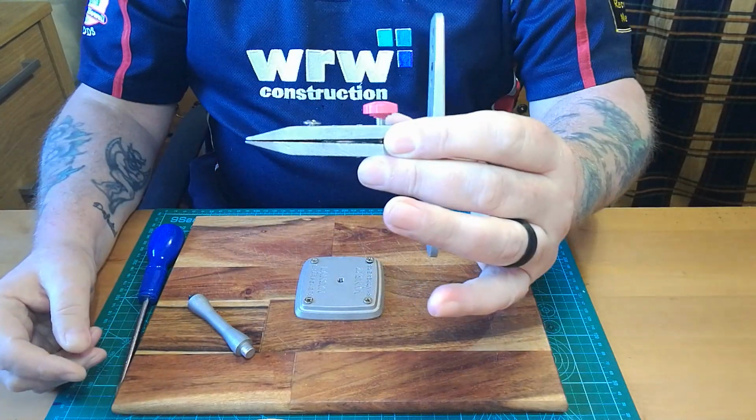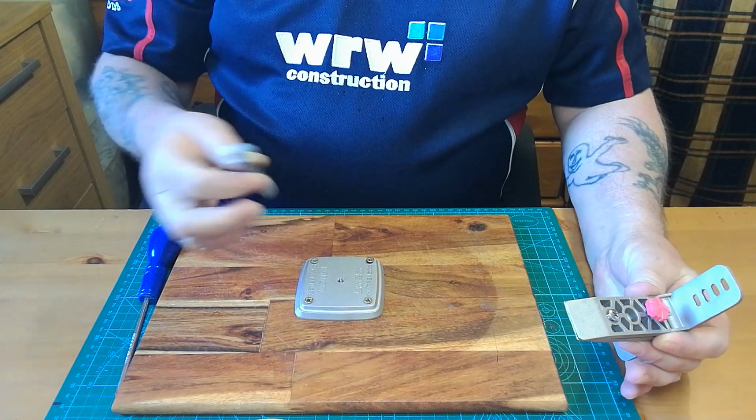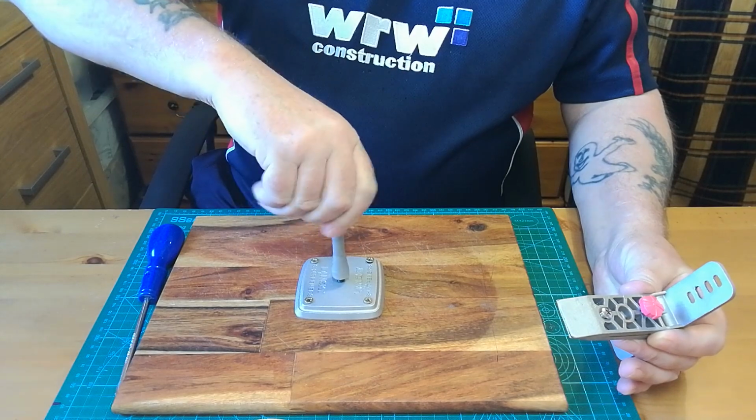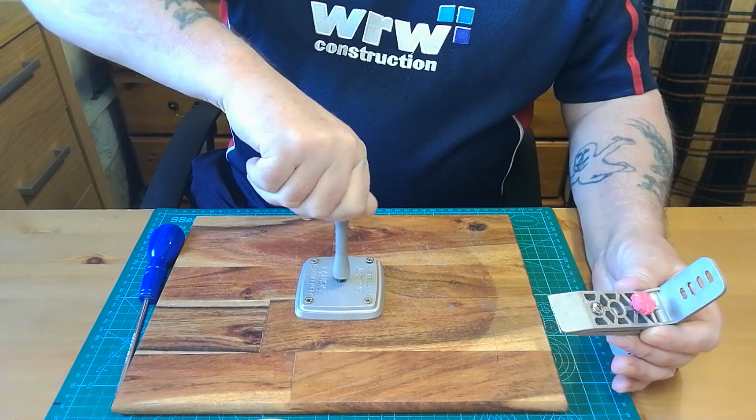This is the little clamp you get. And this is the stand I bought from Lansky. And it's a little pole that just screws in. I have this screwed onto a wooden base, and it just gives you a much better